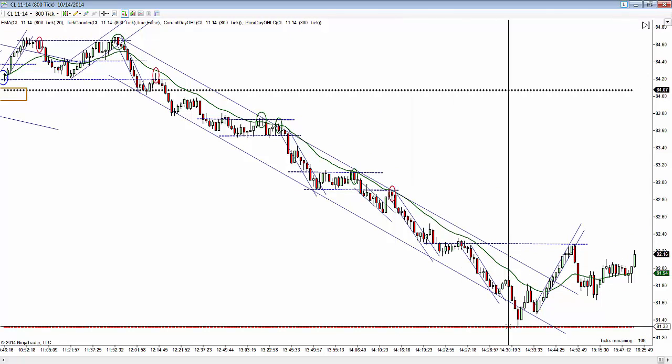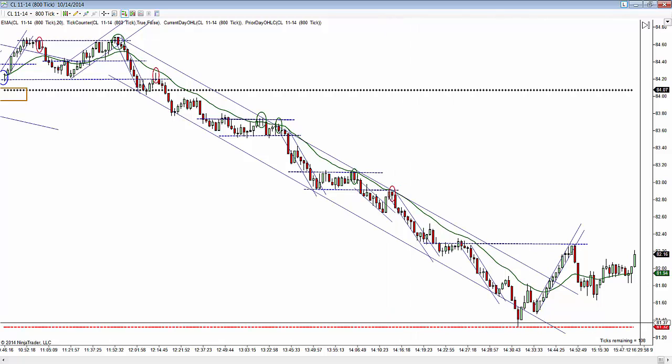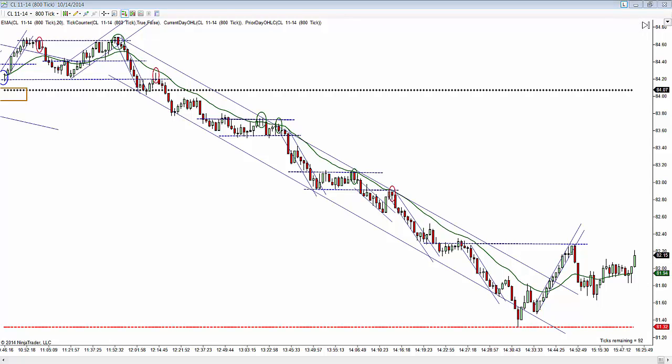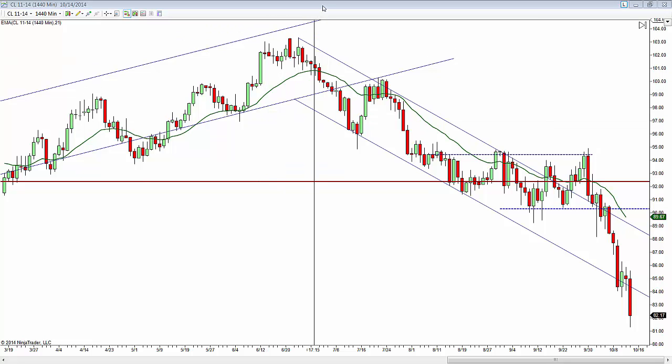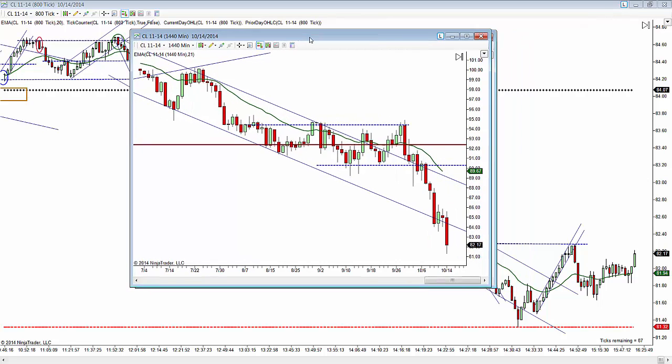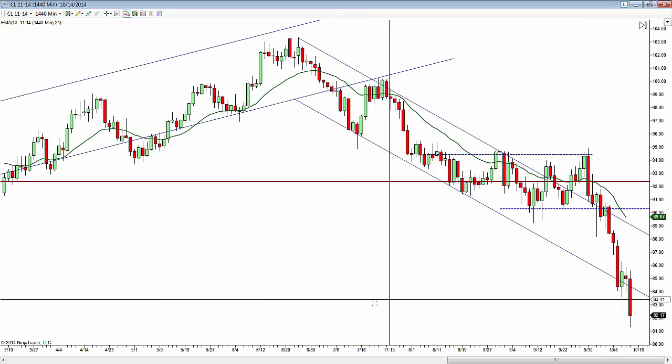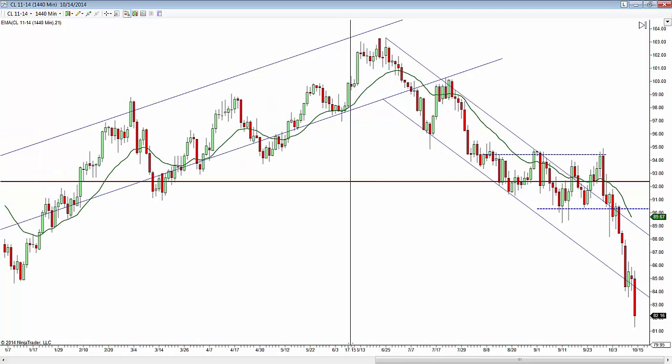I mean, we're at $81, and just to take a look at it, let me pull up that 1440 chart just to show you perspective. I've shown that in the past. Let me see if I can pull that up. Okay. There you go. So here's the chart, and look at where we are right now.